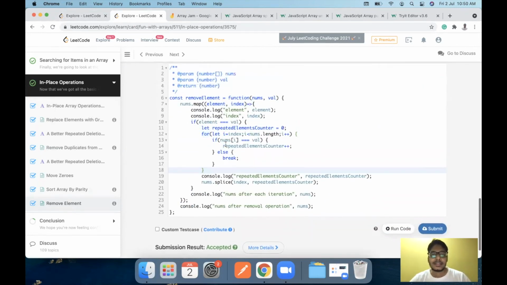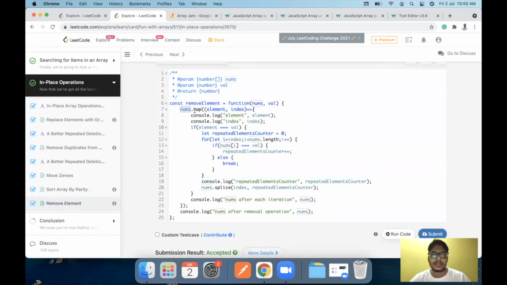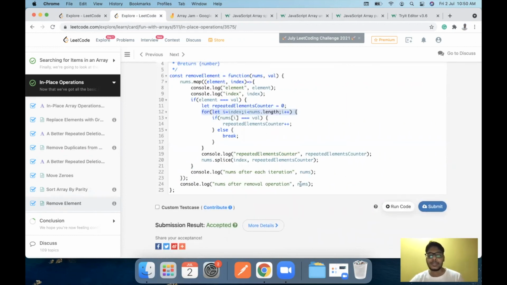So in this case, the time complexity of the solution is n square because we have news.map as the first n or the first for loop. Since we have a nested loop here, we have increased the complexity to O of n square. So the net time complexity of this implementation is O of n square. If you can come up with a solution with a better time complexity, feel free to share it in the comments as well.